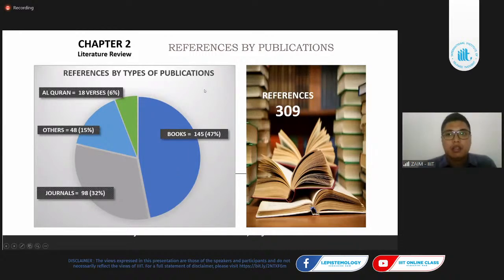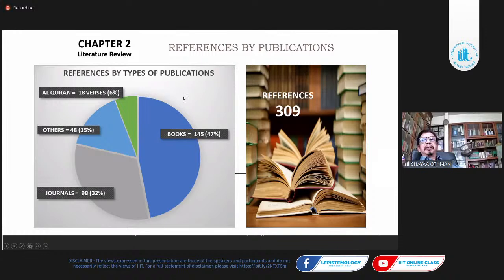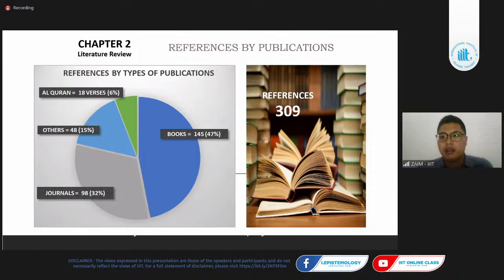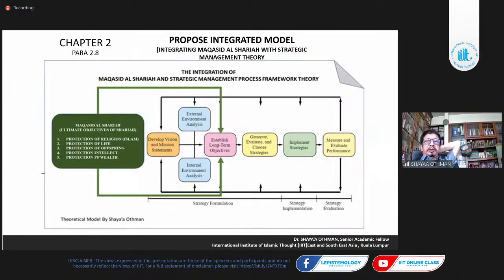Dr. SHAAYA? Yes, sir. We are running out of time. We are about 30 minutes to 4:30. Maybe to facilitate the discussion, some of our participants may share their research topic or their research progress, and you may share your opinion on what research method they should focus on. A minute to conclude. Okay.